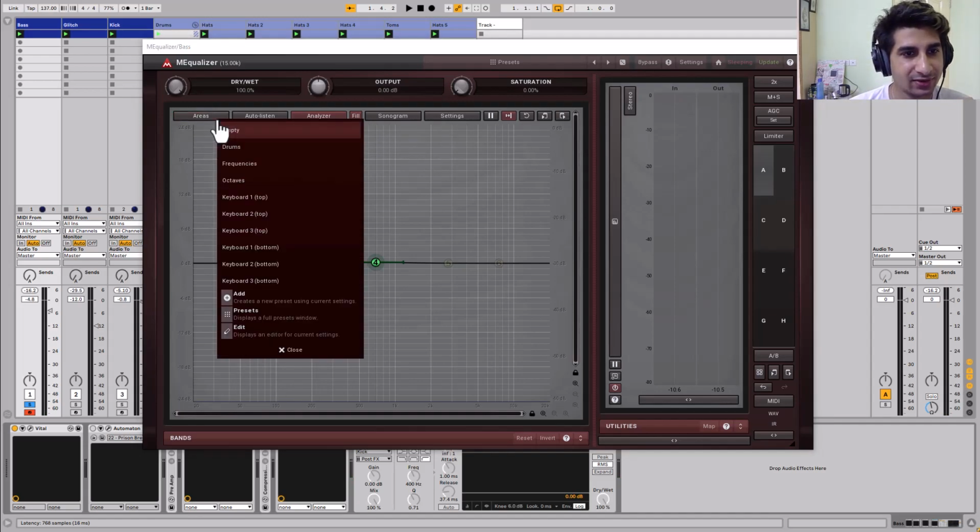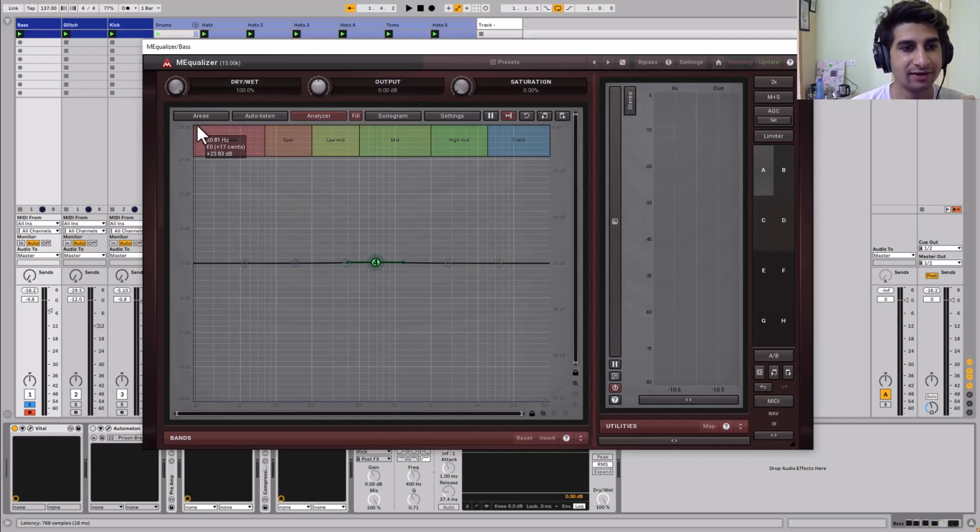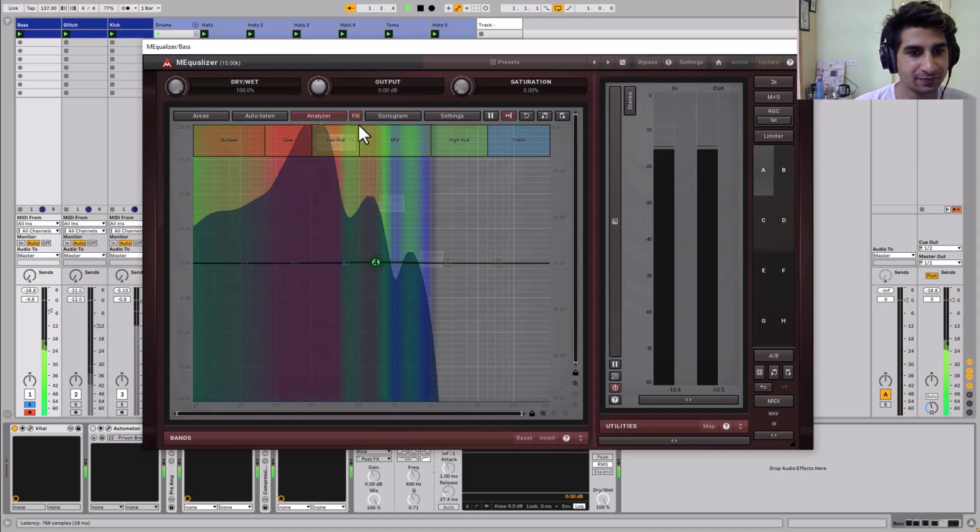And let's take a look into areas. If you click on this, you get to go to frequencies, which is a graphical representation of how much band of frequency the space controls. So sub bass is somewhere below 80 hertz, and until 200 hertz you have the bass, then low mids. So now let's take a look,